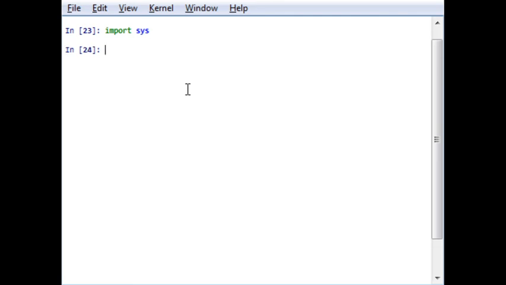the sys module. After importing the sys module, you write sys.float_info. This will give you the float info of the system. Sorry for the spelling mistake, it is info.